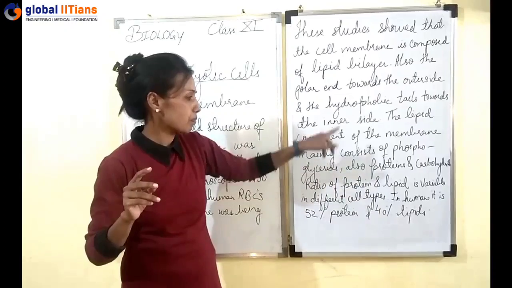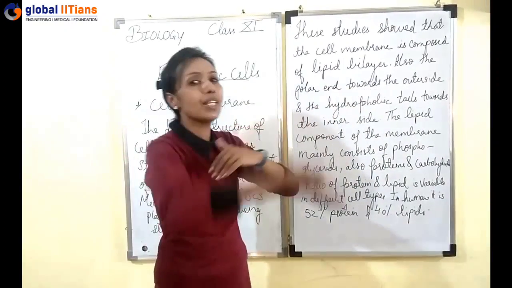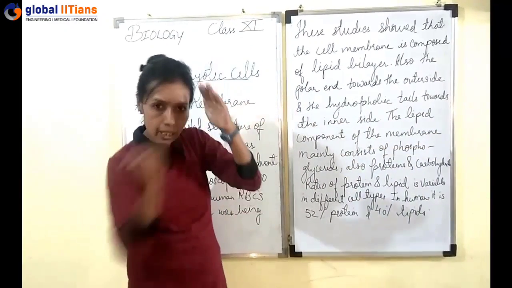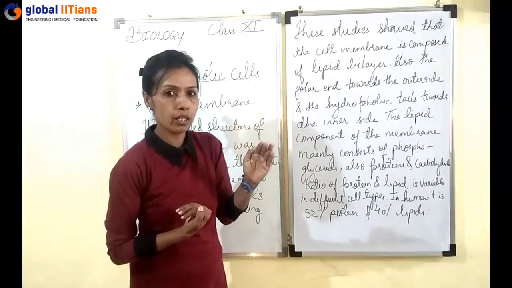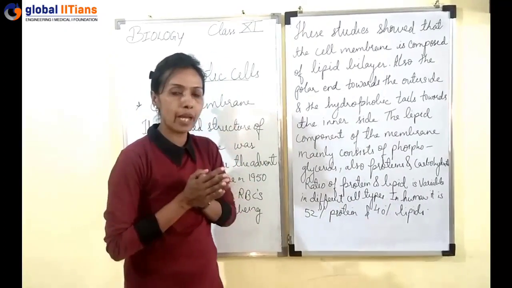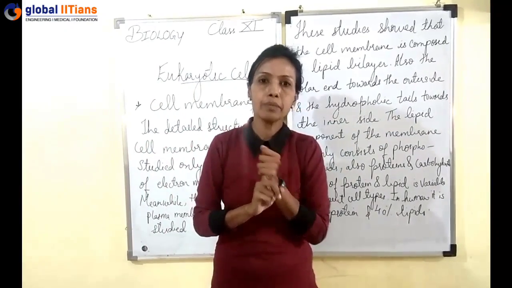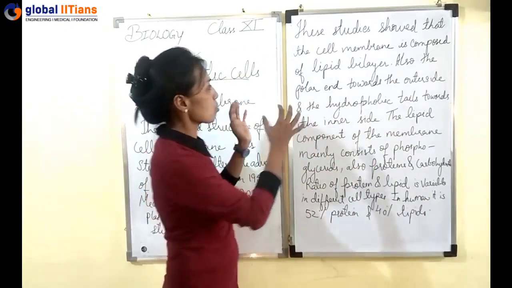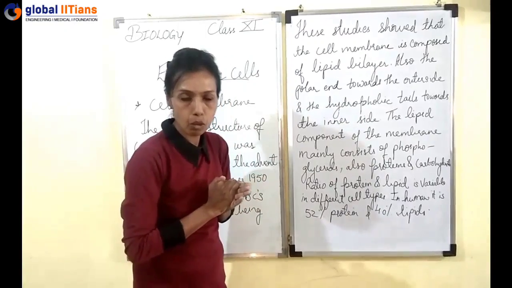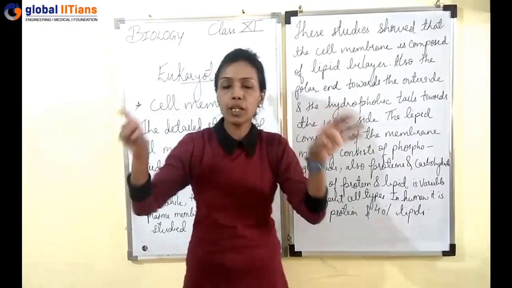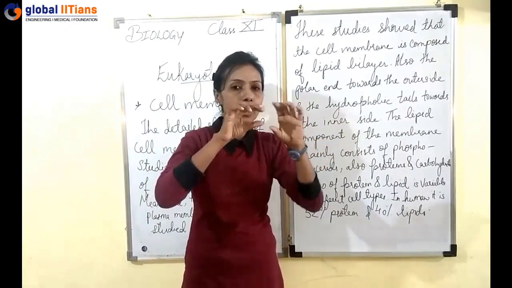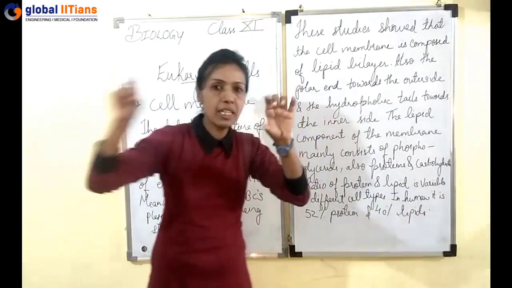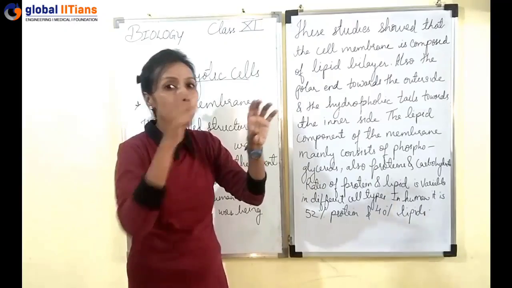Moreover, one more important thing is that the hydrophilic end will lie at the outer side of the cell membrane, whereas the hydrophobic end lies at the inner side. The cell membrane itself acts as a protective barrier. It is selectively permeable. It will allow the entry of only the required solute materials. Into that also, see students, this lipid bilayer: if you see carefully the structure of the cell membrane, you will get to know it does not consist only of phospholipids. It has intermittent cholesterol components also, and protein also.